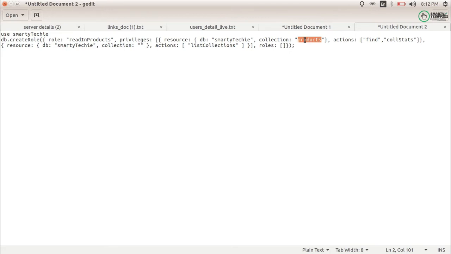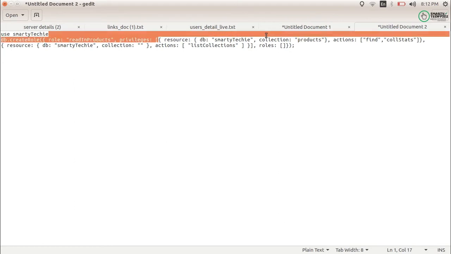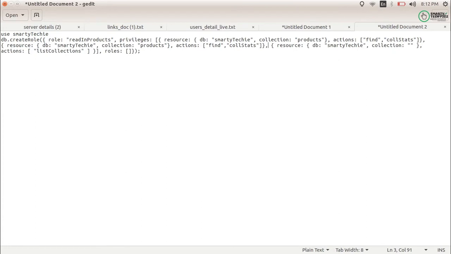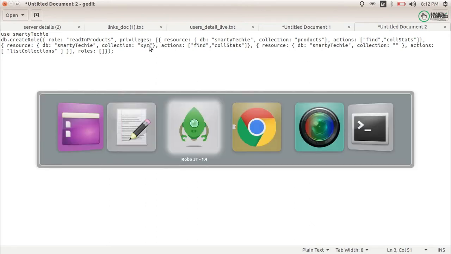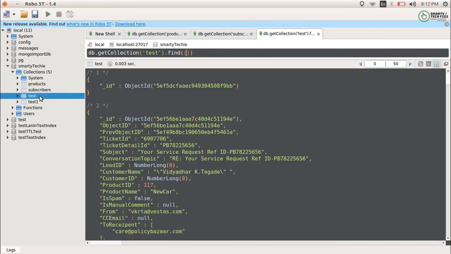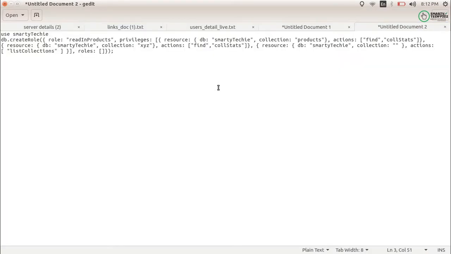Let's say you can even provide access on another collection too. What you have to do is just copy this and provide the name here, XYZ, whatever name you want. Just provide whatever collection on which you want access, you can provide subscriber or test, whatever the collection and whatever the access you want on that collection.